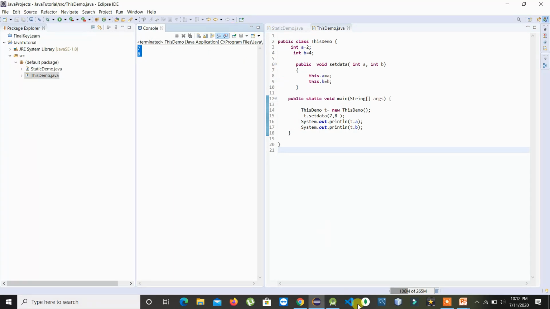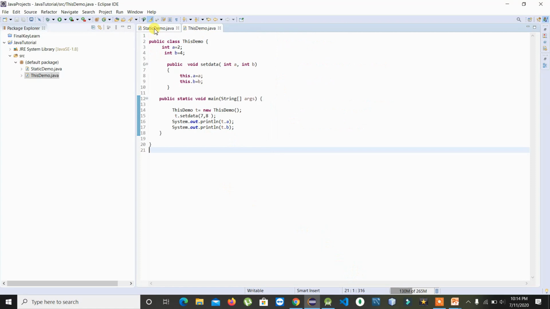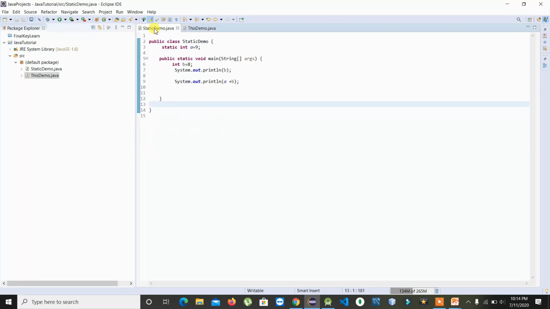So now you have understood the second point I discussed in the previous presentation, where I gave the theory about the static and this keyword. So we got about static, and now another theory we have: if we have a static block, let's say I have a static block here,